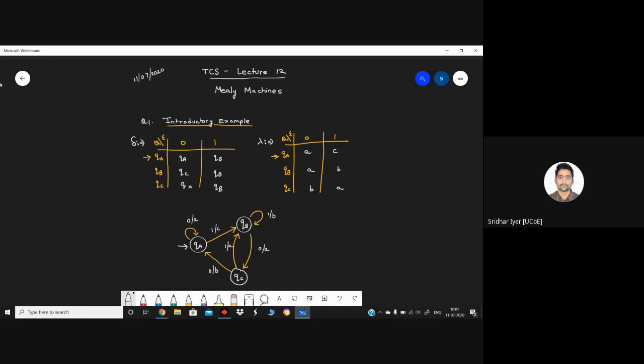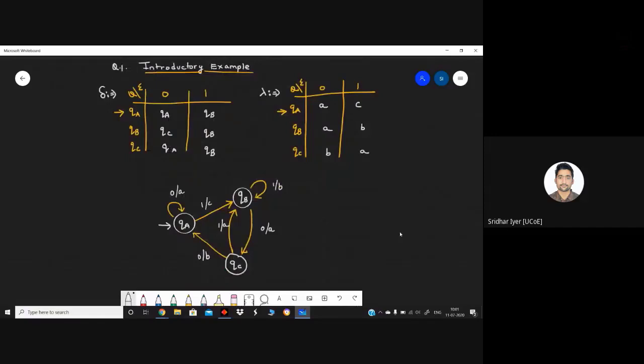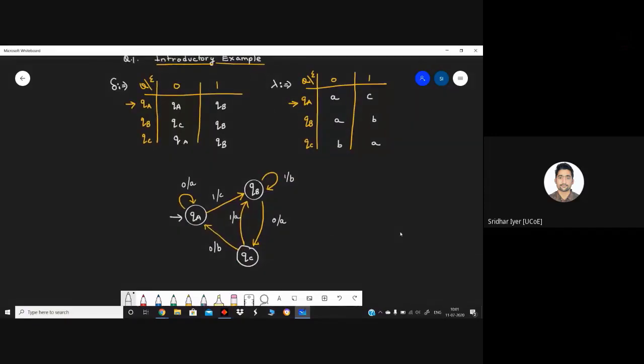Okay, so have a look at this diagram. This is just the introductory example to demonstrate what exactly is a Mealy machine and how it is different from a Moore machine. You might have noticed that we are having two tables, two separate tables. The first table, we all know what that table is. It's a transition table, or we can say the simulation table, implementation table. Okay, so in this case, this is the transition table. You all are aware of how it is constructed, right?